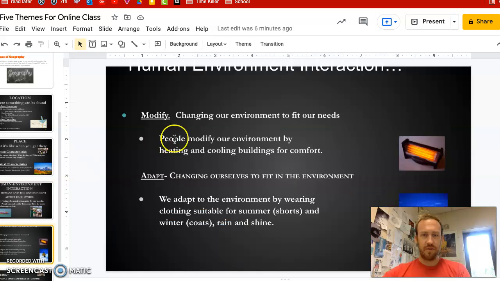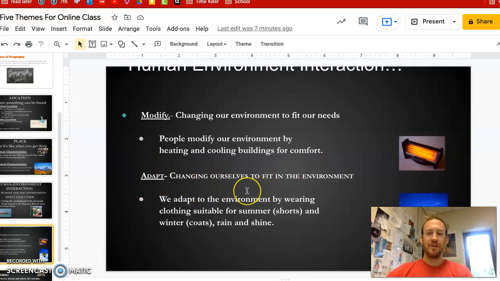Next one, remember, is modify. That is, how do we change the environment to fit our needs? So if you think of Westwood, right before the school was built, this was probably a forest of some sort, a woods. So we had to modify the land to fit our needs for the school. We had to chop down all the trees. We probably had to dig a pit for the foundation of the building, things like that. If any of you live near the Coon Rapids Dam, that's us modifying the river to produce energy for us, things like that.